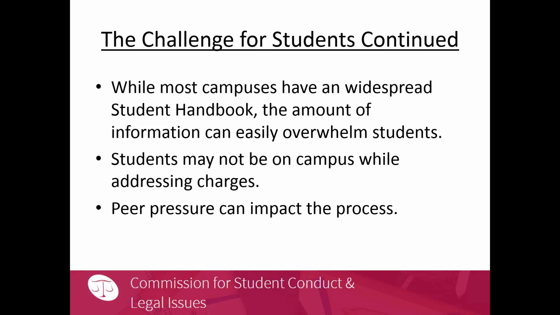Some students are facing peer pressure. Organizations may be telling them, we really need you to take the fall for this one. Here, again, we have a point system, and so we've seen their group of friends have 8 points. At 10 points here, you go home. So if they don't have any points or they have 2 points, they may be getting pressure from their friend to take the 4 points for alcohol so that someone else doesn't have to face going home. So you have to understand the ins and outs so that you can help your students navigate that and reach the right place in their individual hearings.